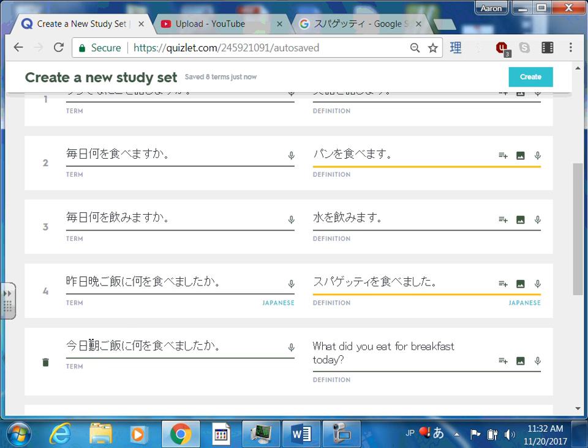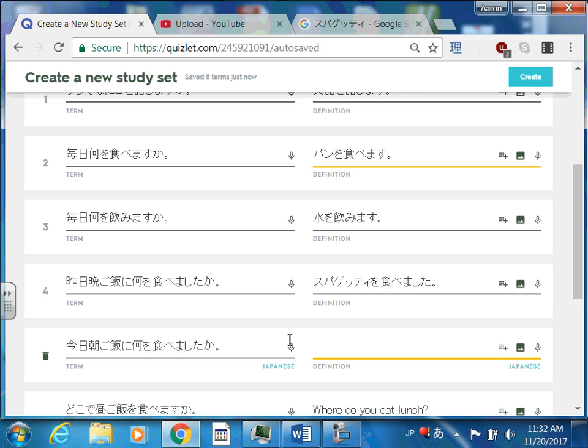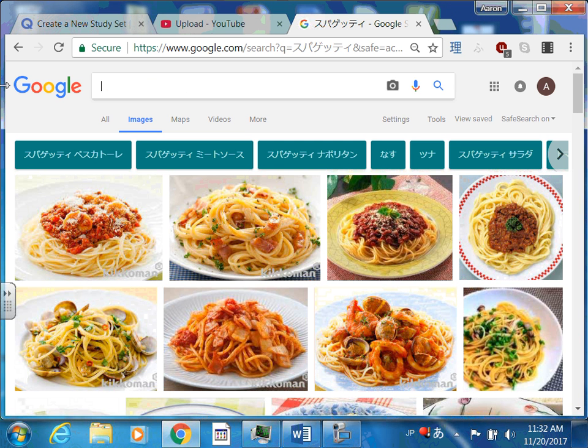Okay. Kyo asa gohan ni nani o tabemashita ka? Same thing if you wanted to do, say, cereal, for example, and you don't know how to write that in katakana. Okay, so we just type